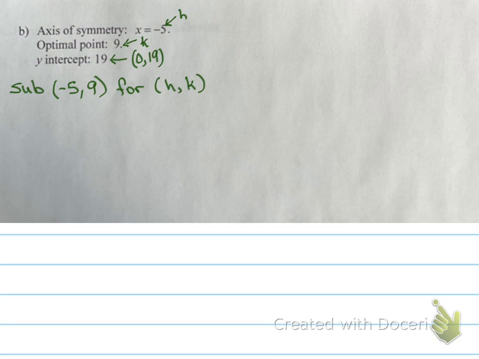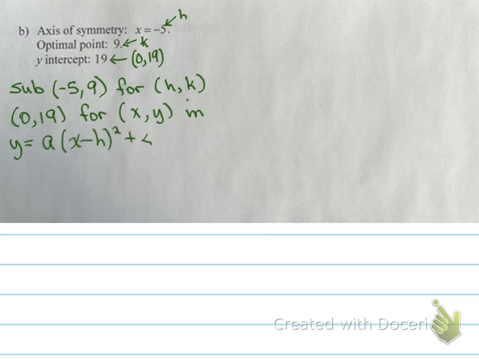We are going to sub 0, 19 for x and y. And where are we going to do that? Well, we're going to do that in y equals a, x minus h all squared, plus k. That is